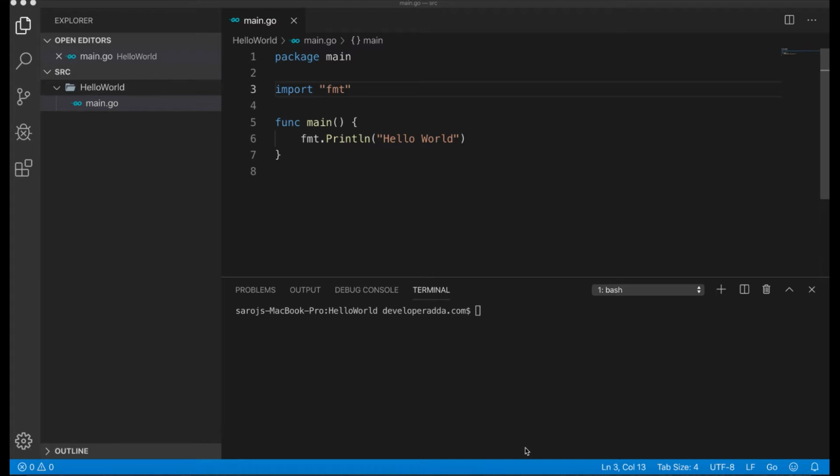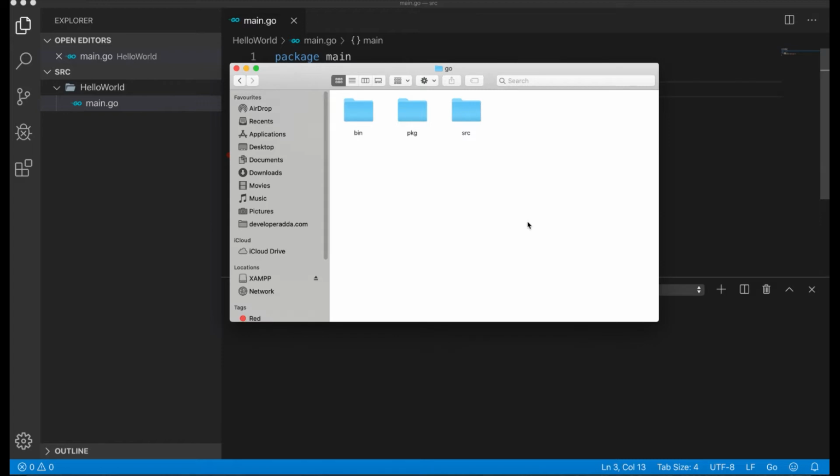So guys, in this video we will discuss Go Workspace. Basically, Go Workspace is a directory on your system where Go looks for source code, manages dependency packages and builds distribution binary files. Inside your Go Workspace or GOPATH there are three directories: bin, pkg and src. While installing Go on our machine, I told you to create these three directories or folders. Let's take a look at these directories and what they are used for.